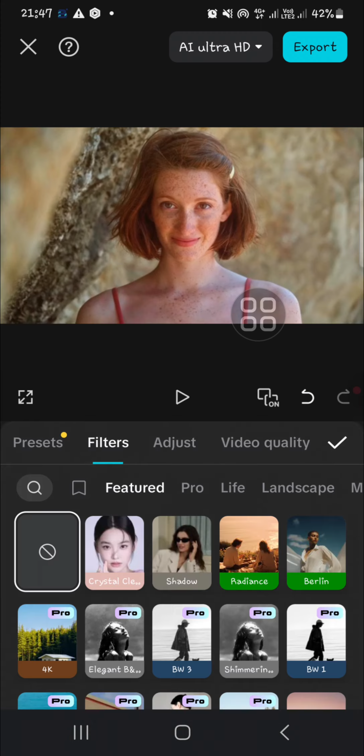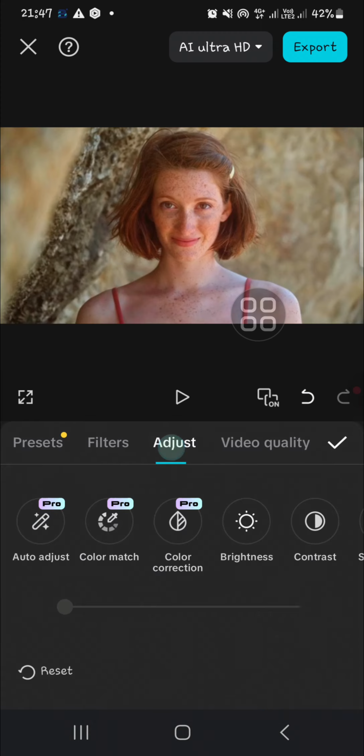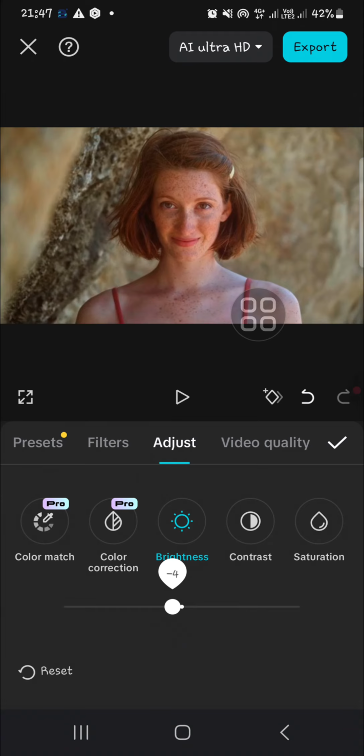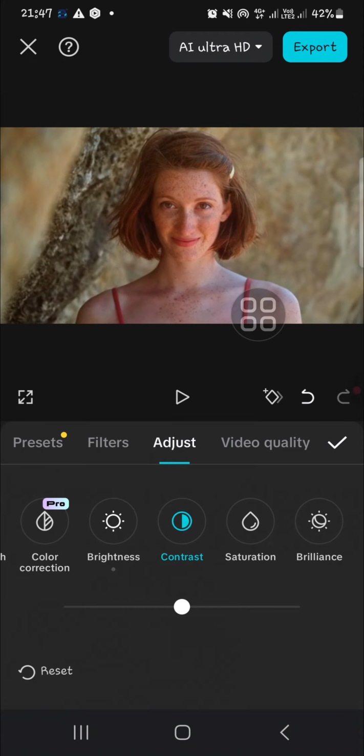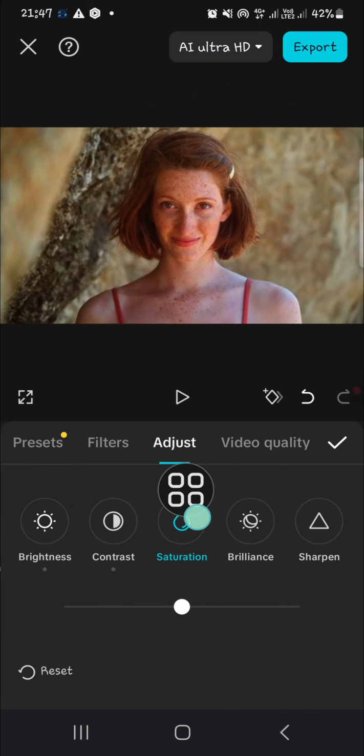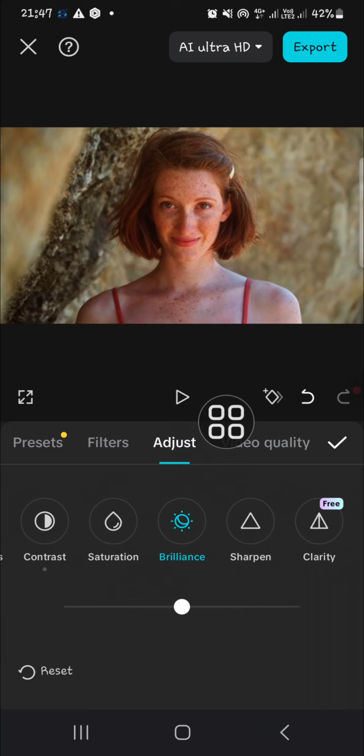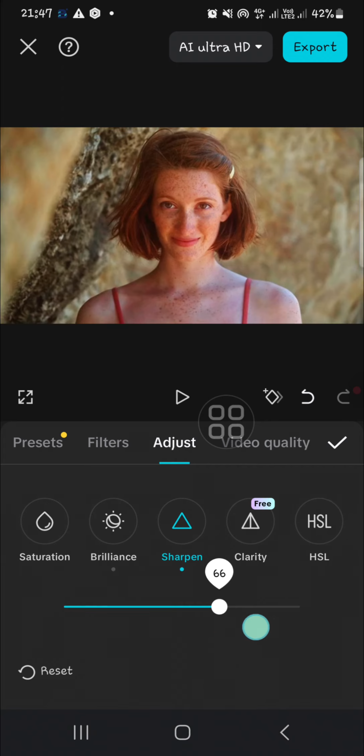Okay, let me start with the brightness. I'm going to reduce the brightness just a little bit, -4, and then I'm going to go to the contrast. We can increase the contrast. I'm going to make it 10, and for the saturation, I'm not going to do anything with the saturation, and go to the brilliance, and I'm going to make it 8, and then we can go to the sharpen and make